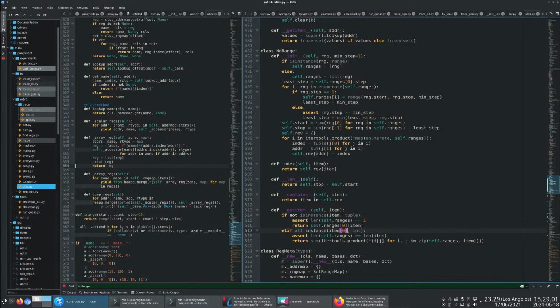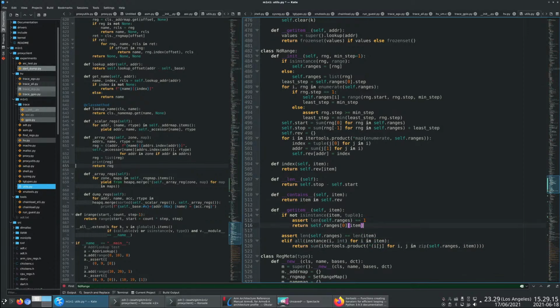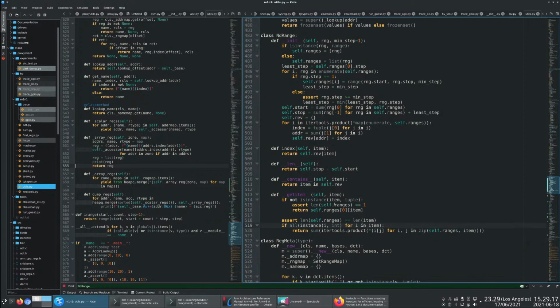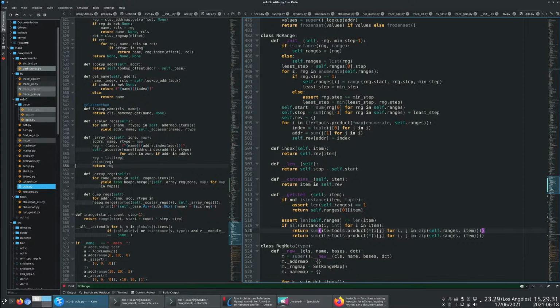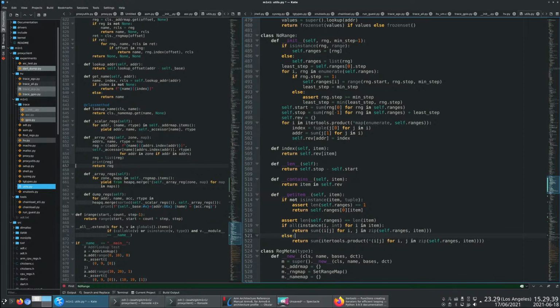If it's all ints, then, well, anyway, for now, let's do, yeah, if it's a single item, then we just return whatever it is. Otherwise, if it's all ints, then return the sum of getting the single thing. That should work. Otherwise,